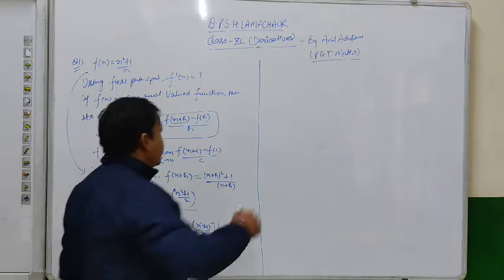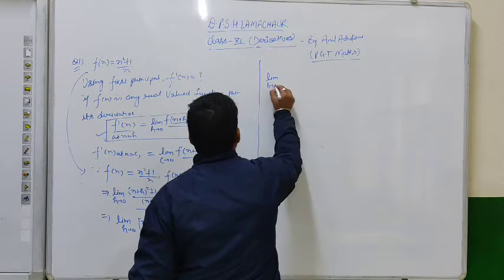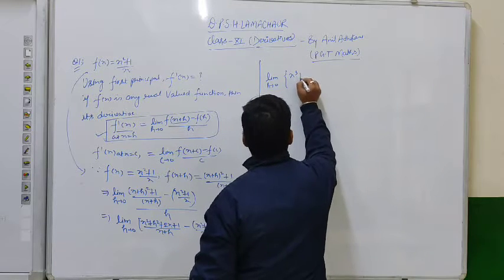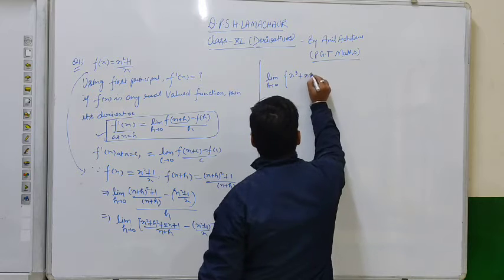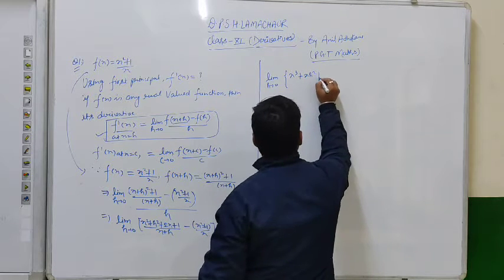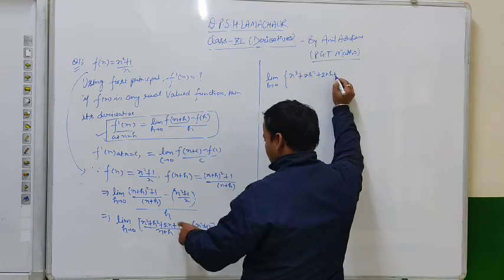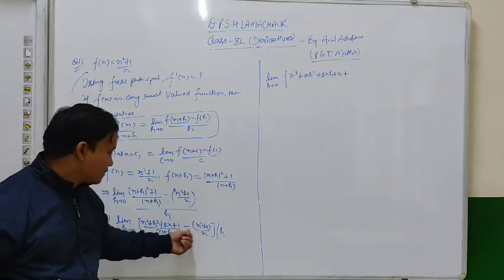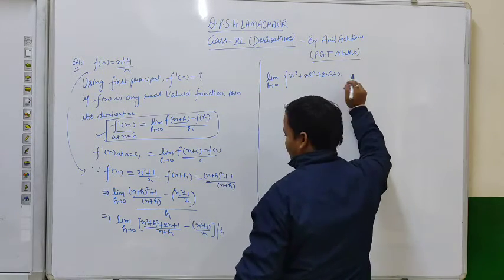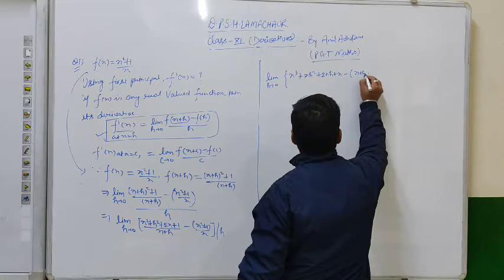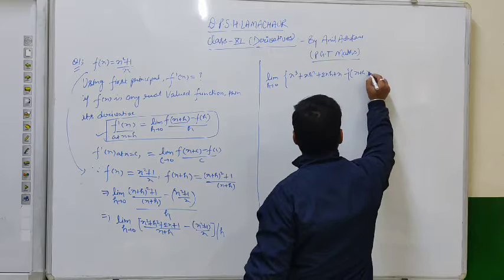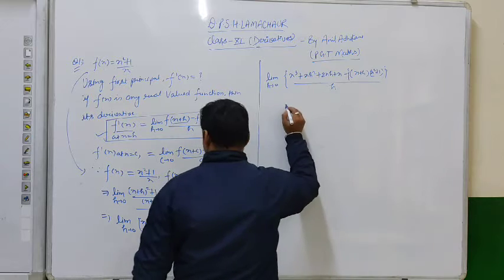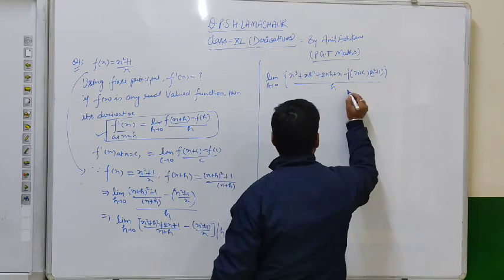Now taking cross multiplication here, limit h tends to 0, and we can write it as x into x square, that is x cube, plus x into h square, plus 2xh, plus x. Okay. Now multiplying x plus h with x square plus 1, so we get minus x plus h, okay, multiplied with x square plus 1, and divided by h. Okay, and the x plus h and x, both of these will also come here.